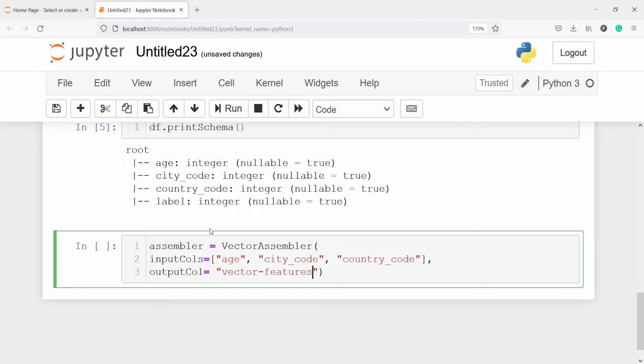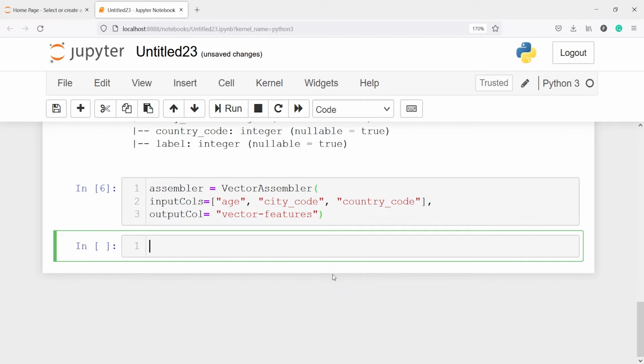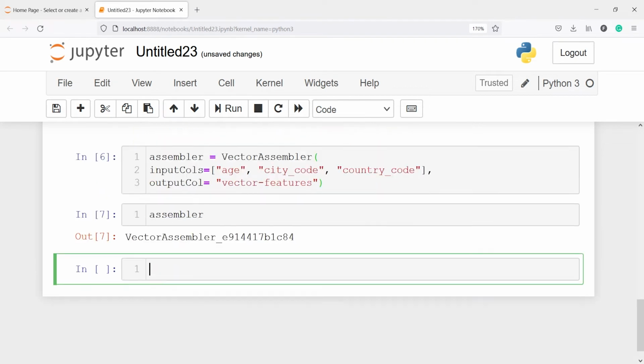So whatever we are passing here in the input columns, that is age, city code, and country code, this will become our output and will be saved in this variable vector features as a vector assembler. Now let's execute our code. So we have created this assembler. We can also see, I will write assembler. So here you will see we have this VectorAssembler.